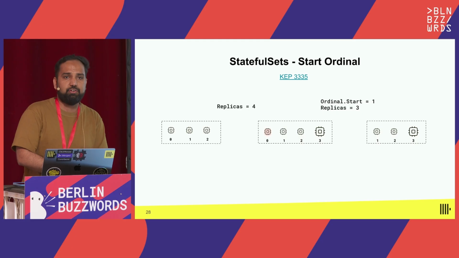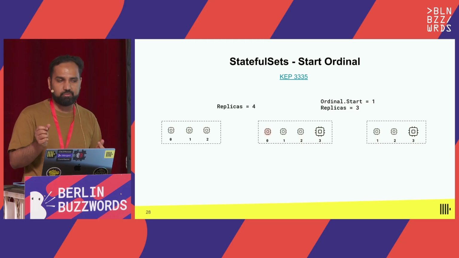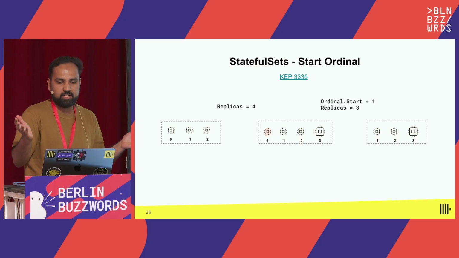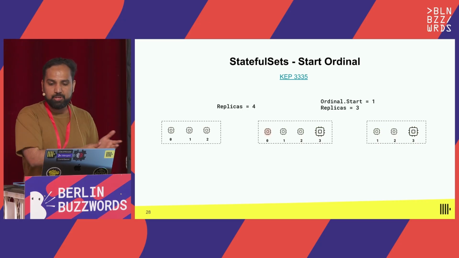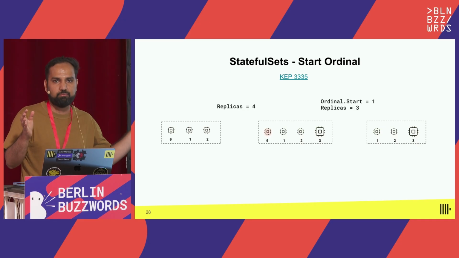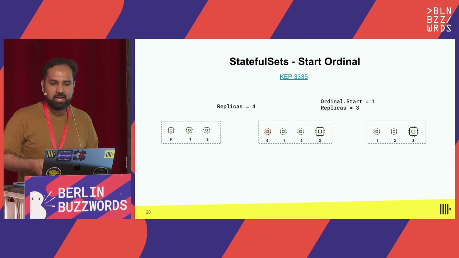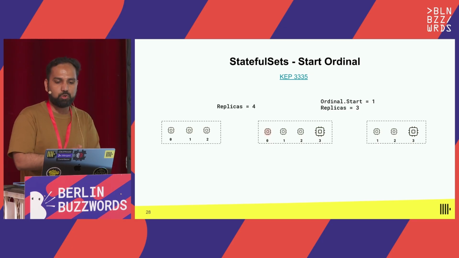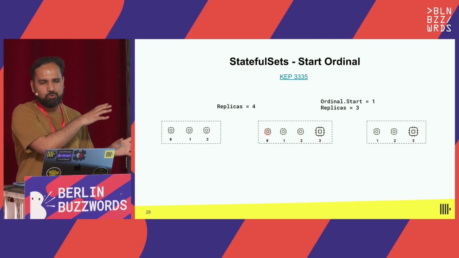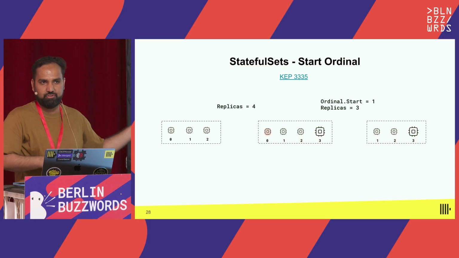There's another Kubernetes feature which can sort of get you there, which is called start ordinal. So you can start with replicas 0, 1, and 2. You can add the third replica, so you've done your make, right? And then you can shift your ordinals to start from 1 instead of starting from 0. And now what you've effectively done is you've broken the 0th replica. So you have achieved make before break in a single StatefulSet using this feature.